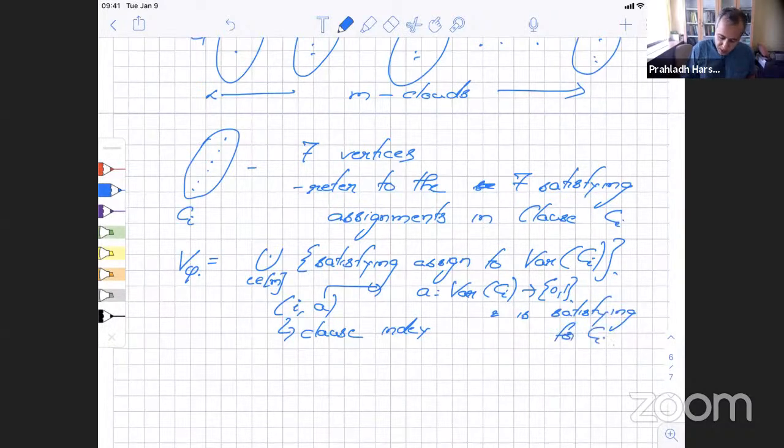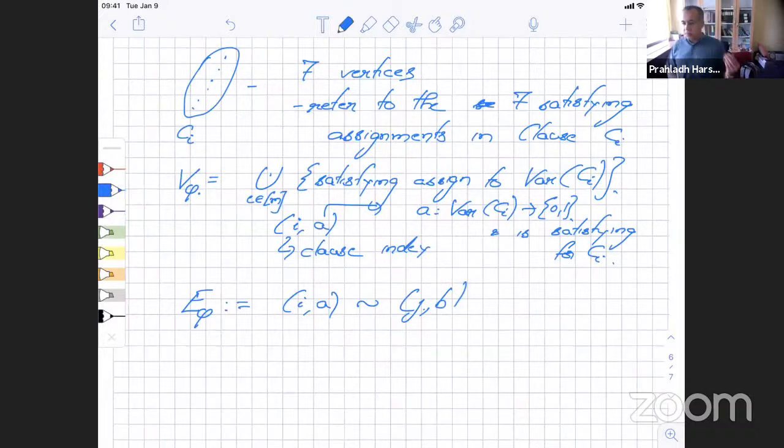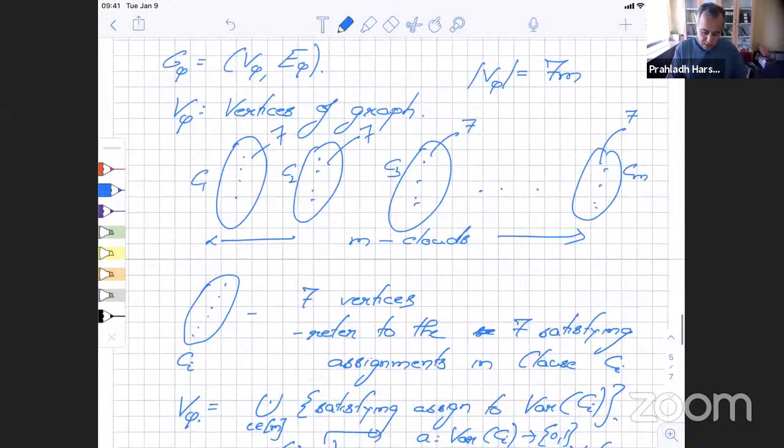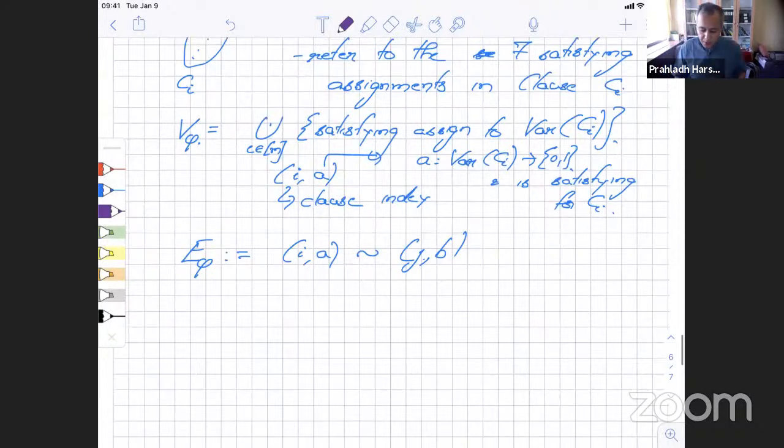Now we need to describe what the edges are. I'm going to tell you when (i, A) is connected to (j, B). These are 2 candidate vertices. It could be a vertex over here and a vertex over here. I need to tell you if there's an edge between them. It could be 2 vertices in the same cloud also. So we'll put an edge (i, A) is connected if